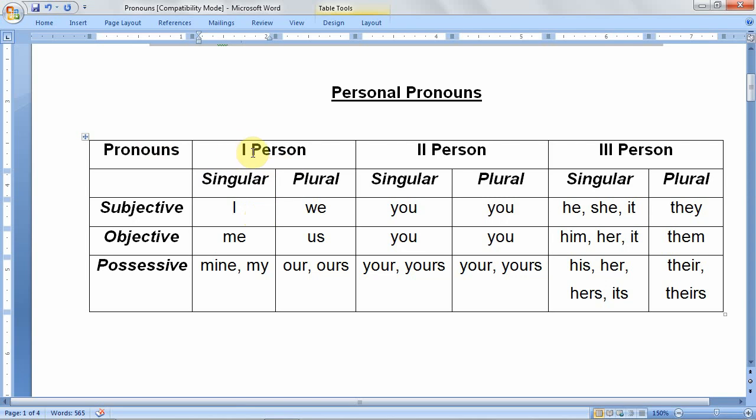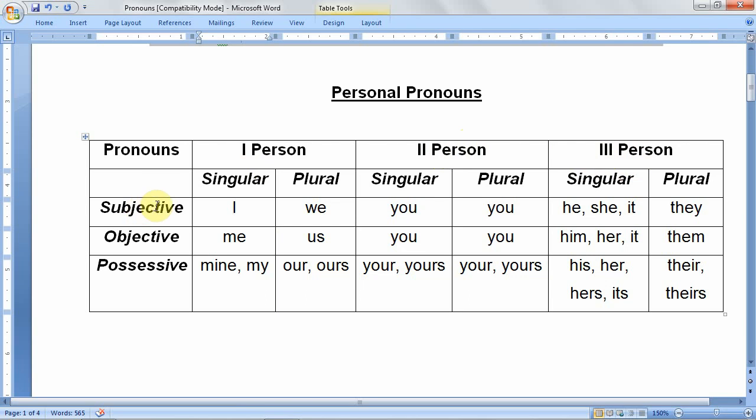Now we will deal with first person, second person and third person. What are exactly these? As I am talking to you, I am the first person, and as I am talking to you, you are the second person. So when I discuss with you, there is a conversation between only 2 people, the first person and the second person, you and I. Whenever you deal with someone else, that is called third person. Whenever you talk about your parents, your friends, then he or she will be considered as third person.